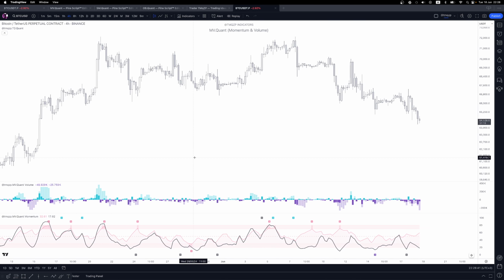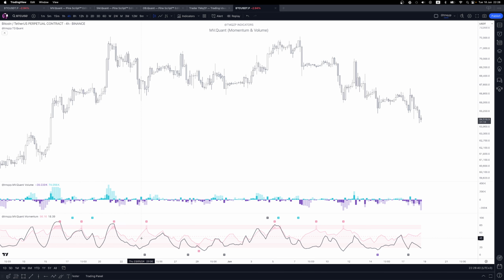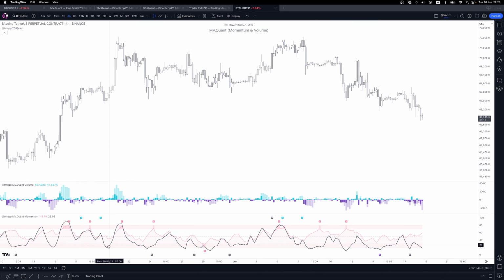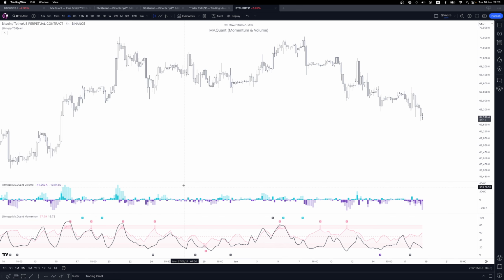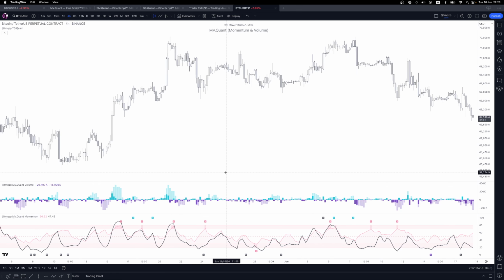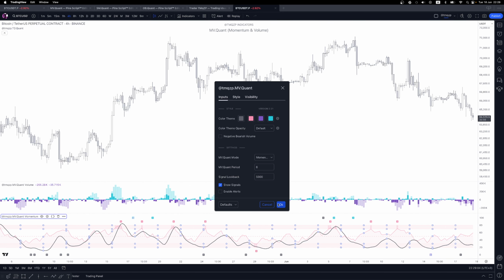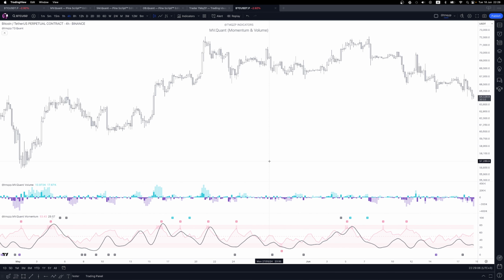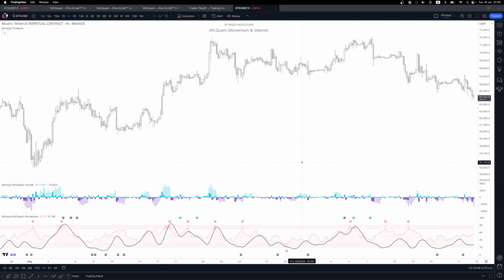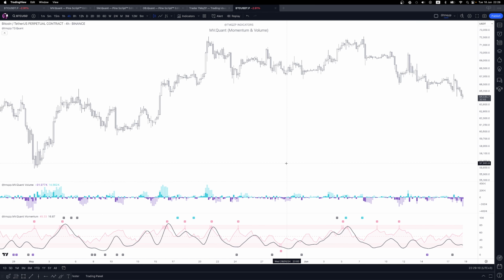For me personally, because it's a little bit spiky and faster than the RSI and moves up and down quite fast, just interpreting it visually, I like to smooth it out a little bit, and that's why I tend to use it on like 3 or 6, just to apply a slight moving average to it. I think in my opinion,